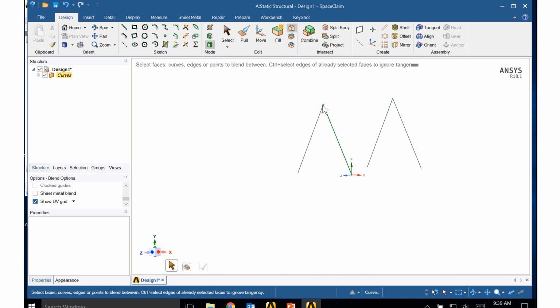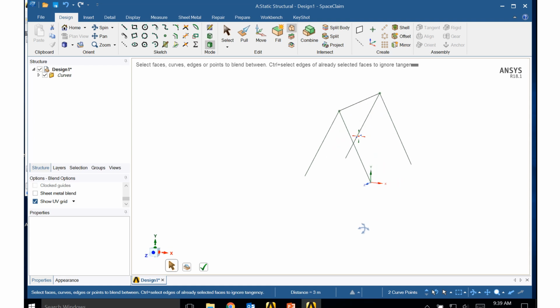I'll come up to this point, and you can see that right here I have the line selected. Up here I have the point selected. So I will click on the point, control click on the second point, and I draw a line. Now I'm ready to copy this geometry, so I will select it, and I will